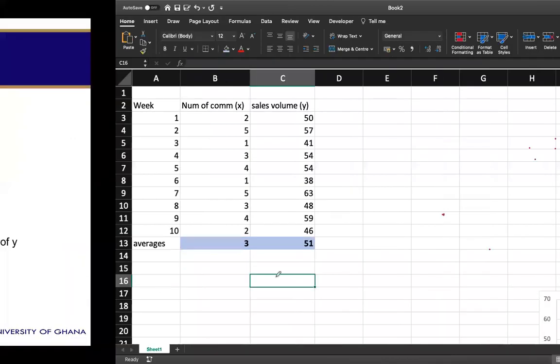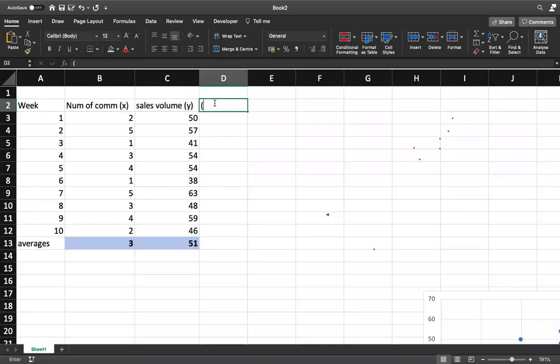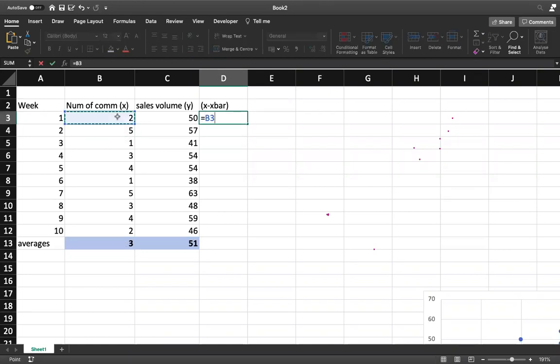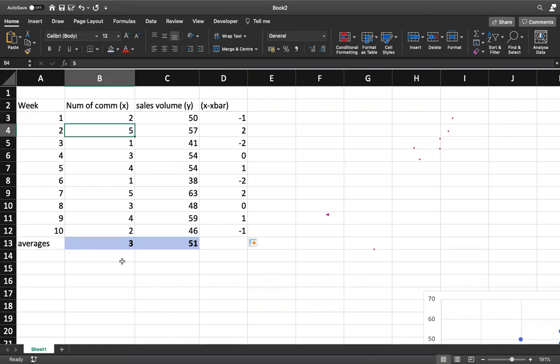Okay, now what this one is saying is that for each item in X, subtract the mean from it. That means that I'm going to create another cell here and call it X minus X bar, where I'm going to subtract the mean from every item I have. So here will be 2 minus 3. This side will be 5 minus 3, 1 minus 3, and so on and so forth. So I'm going to have X here minus the X bar here. I will lock it and then I will just run it through. All I've done is to look at X here and then subtract the X bar. So 5 minus 3 is 2, 1 minus 3 is negative 2, 3 minus 3 is 0, and so on